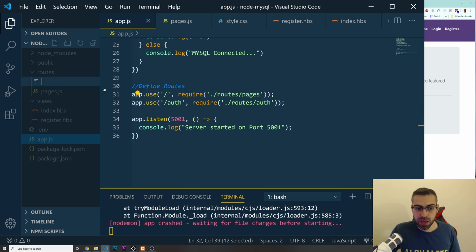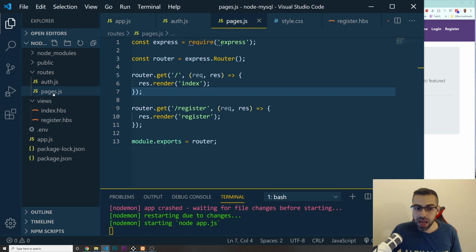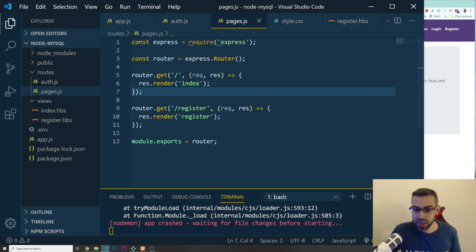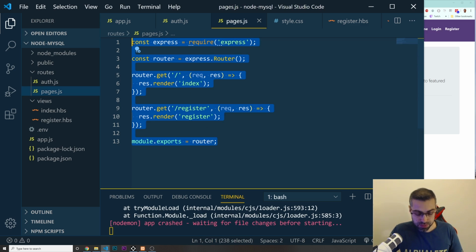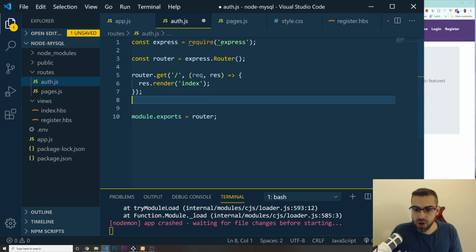I'm going to go in here, new file, auth.js. Now there is nothing inside of here. I'm actually going to go into my pages.js. I'm going to copy all of this and paste it inside. So I'm going to paste all of these things in here. And now, if you guys see, let me see, express, require express. I think we got everything. So router, I want to create one that is to, let me just delete all of these. I'm going to do in here a router